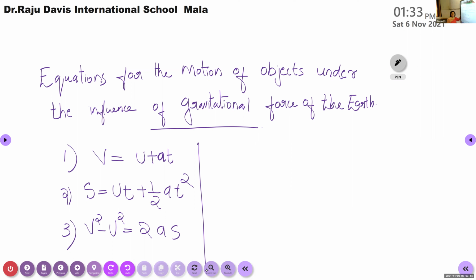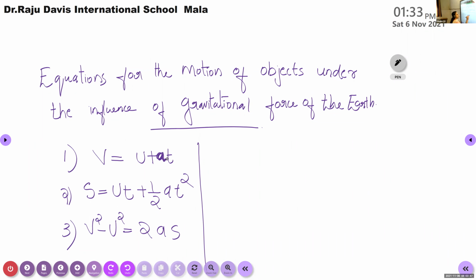So here we are going to rewrite all these three equations in terms of what? In terms of acceleration due to gravity. The same equation, except a very small difference. Instead of the term A, here we are going to insert another term. What is that? Here the acceleration. G. Very good. It is G, because here it is the acceleration due to gravitational force of the earth. So instead of this term A, we are going to write the term G.